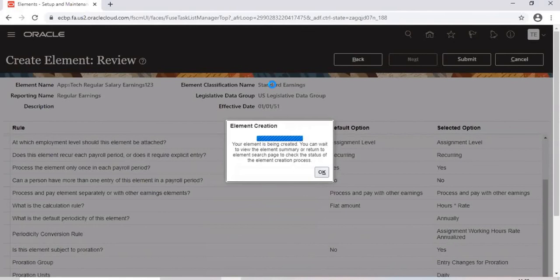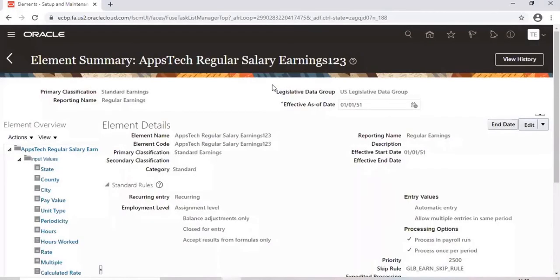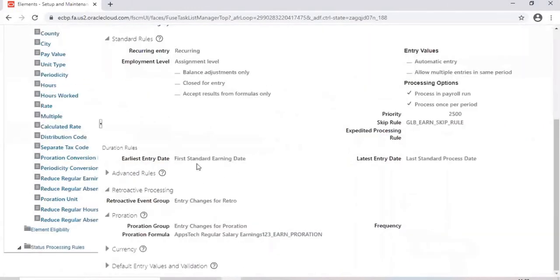And also, like we said, the last process period date and standard earning date. So we haven't defined any periods or linked any definition to this element. No, we defined, right? Last standard process date. Because the last standard process date and last final close date are all related to the payroll definition. Payroll period end date is my last standard process date. We defined last standard process date. You see?